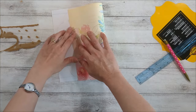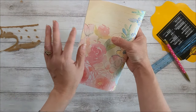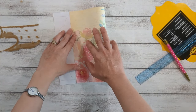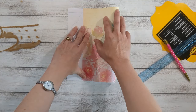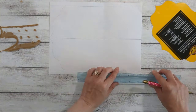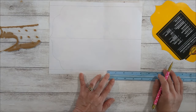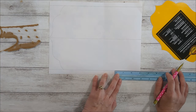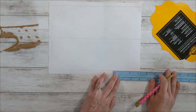The pocket piece should not go way over the envelope flap because we want this to close as an envelope. So it can be as deep as this much, which is fine. It's up to you. This is your project, so do whatever makes your heart happy. As for me, I think I want to make it maybe around 3 inches from the bottom of the page,